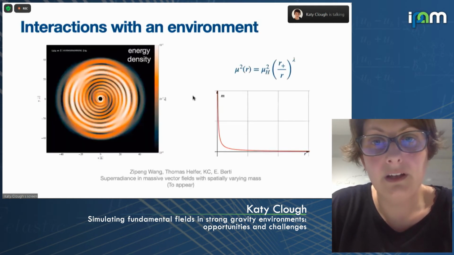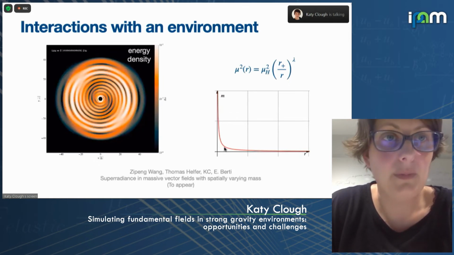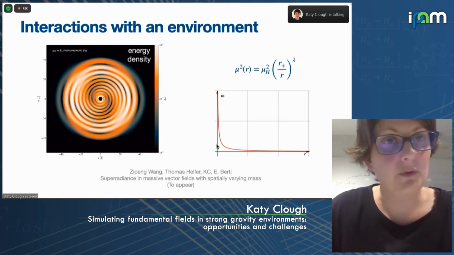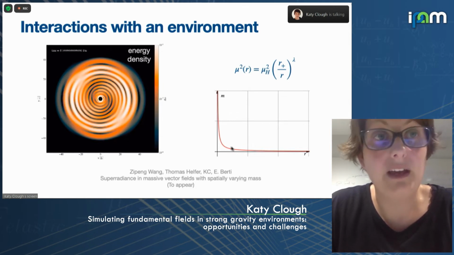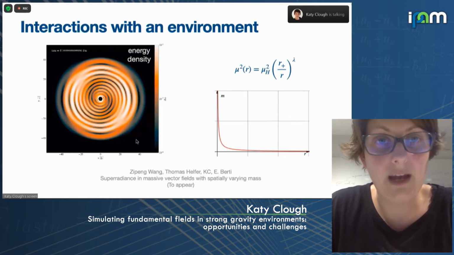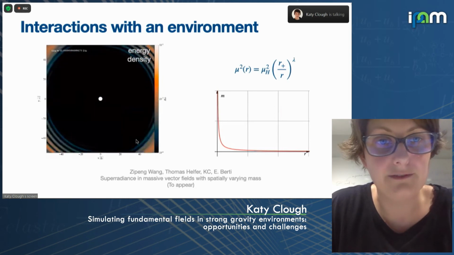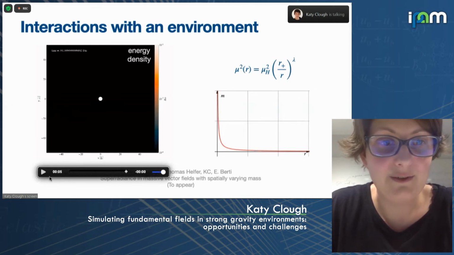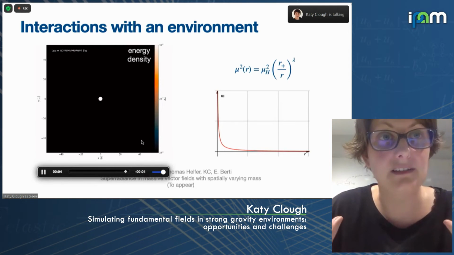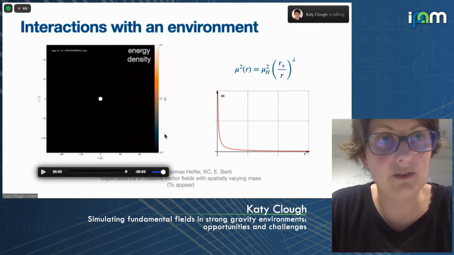So for example, if we take this profile for the mass, so this is motivated by Bondi accretion. So if you have Bondi accretion onto the black hole, you'll tend to have a density that grows as you get towards the black hole, and that will give you an effective mass for the photon, which grows as you get towards the black hole. And so I'll show you what happens when you put a seed of scalar field around the black hole. So very, very quickly, you can see what happens. You just get this burst of the radiation being given off, and it doesn't generate a superradiant cloud at all.